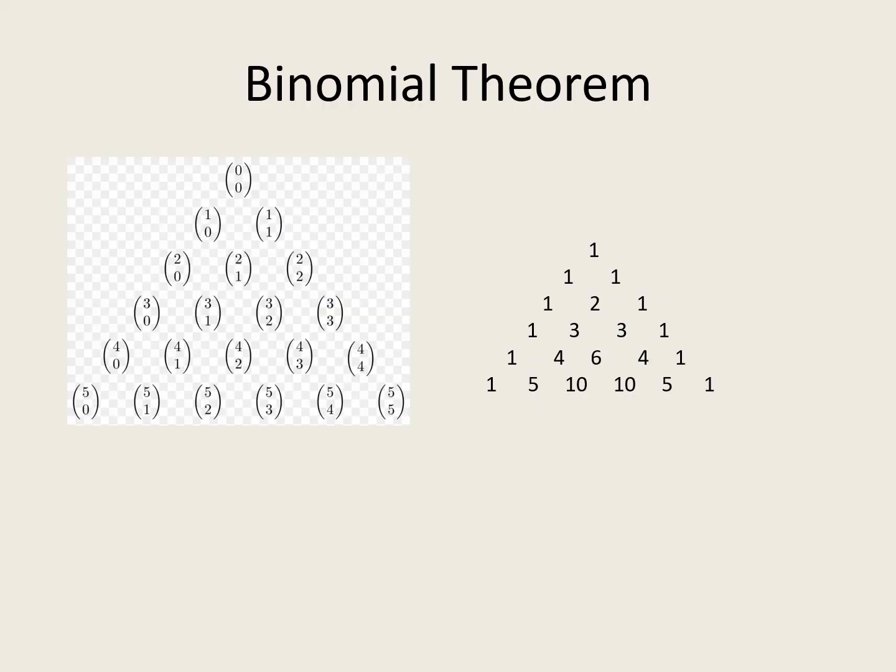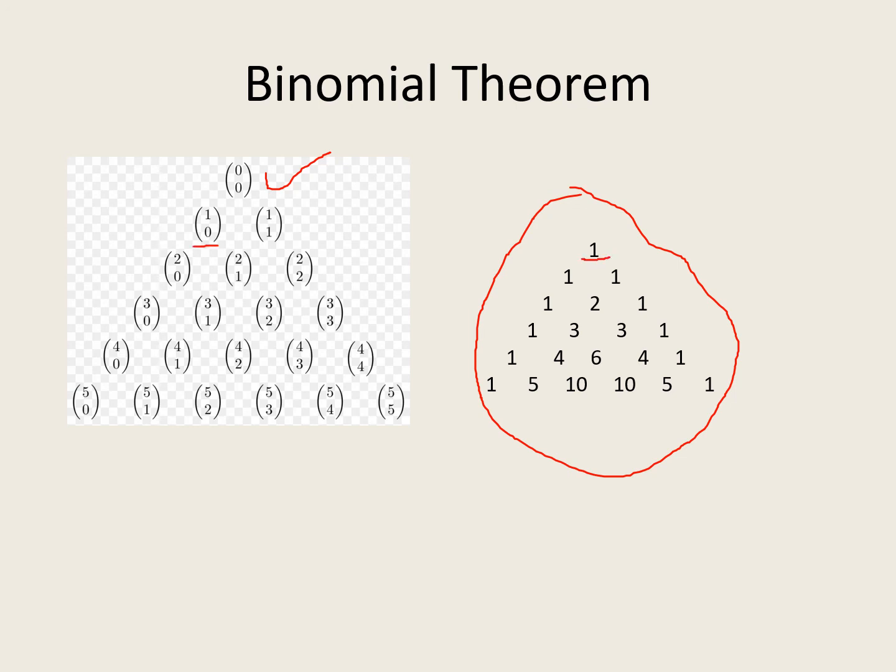Next is the case for the binomial theorem. Again, a very important application. As I have written this, this is your Pascal's triangle. It is going to represent the coefficients in the binomial expansion. This is nC0, which is 0C0, having the value 1. You can see the values from here.